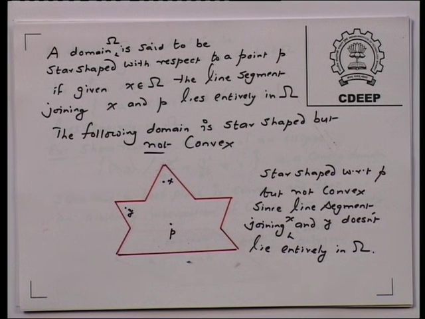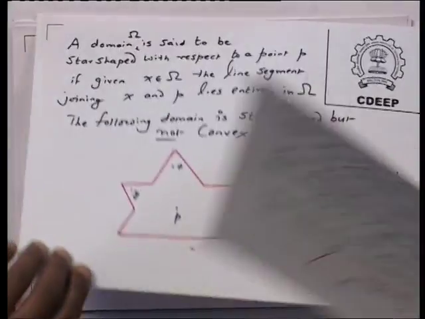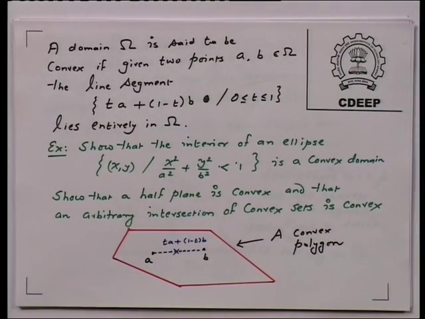So, now let us discuss some geometry. A domain omega is said to be star shaped with respect to a point. I think before I go for star shaped, let us discuss convex domain. A domain omega is said to be convex if given 2 points A and B of omega, the line segment tA plus (1 minus t)B, where 0 less than or equal to t less than or equal to 1, lies entirely in omega. So, for example, here you see at the bottom of the page a polygon, which is a convex polygon,